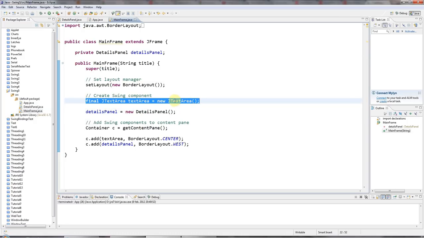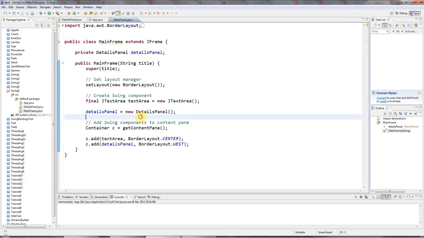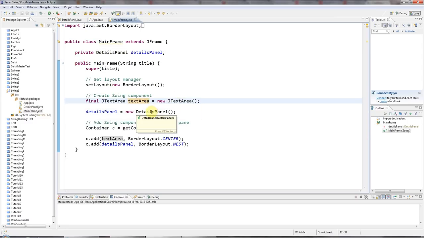Now what I want to do in this tutorial is make it so that when I click the button here after filling stuff in here and here, it adds some text to the text panel here. So in this tutorial we're going to look at event handling and custom events in Swing, because to implement this, what I could do is make my details panel call text area methods directly to add stuff to it. But that's a very bad idea, because your Swing program will end up an unmaintainable rat's nest if you do that. So what you should do instead is create custom events, and that's what we're going to look at